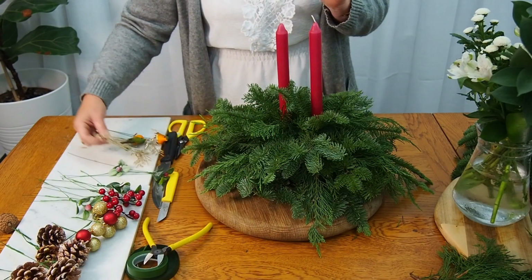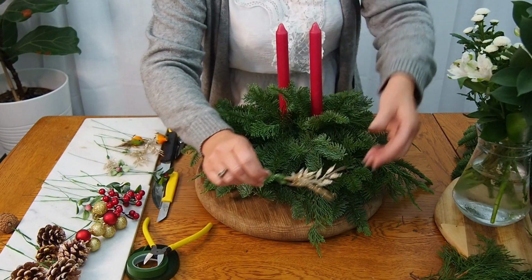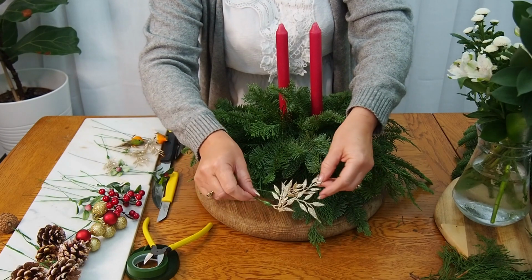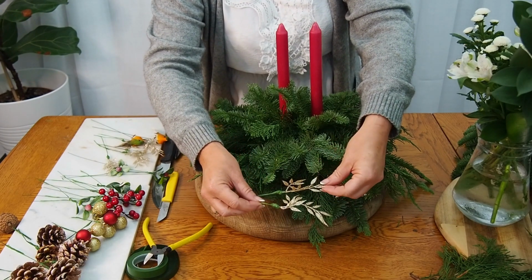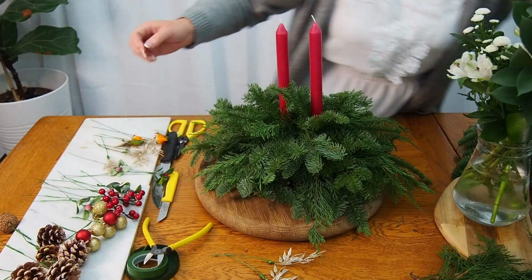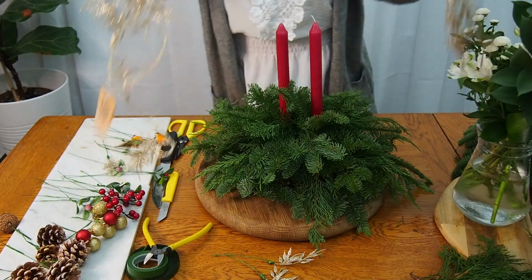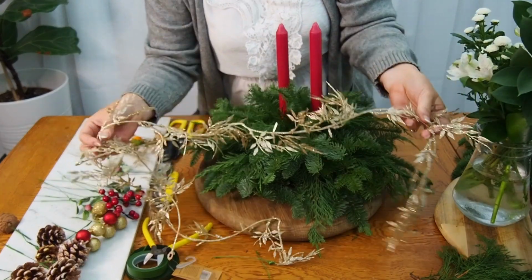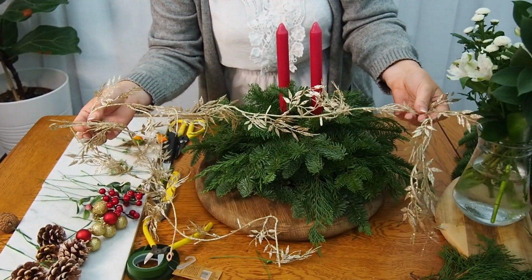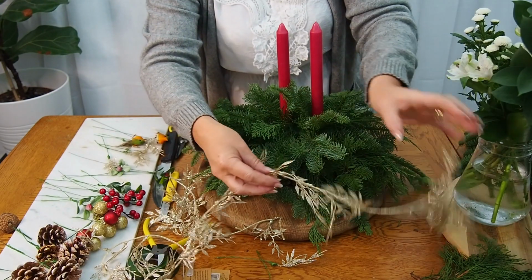I've also done the same for these gold leaves. In the UK you can buy a gold leaf already wired, and you probably get a pack of 5 for £2 or £3. Or what you could do is buy a garland, and these garlands are absolutely stunning, and you can use these throughout your whole home. But for the centerpieces, all I do is simply